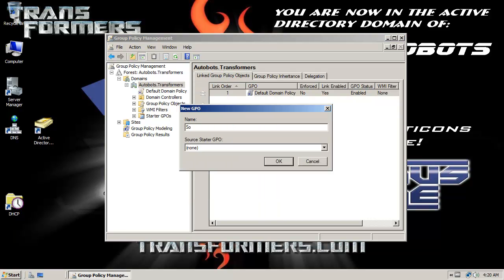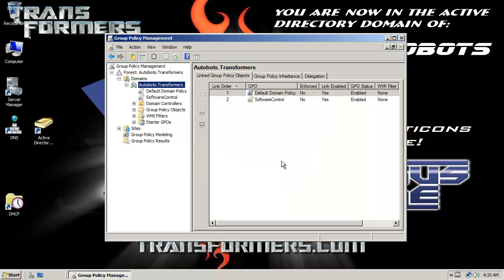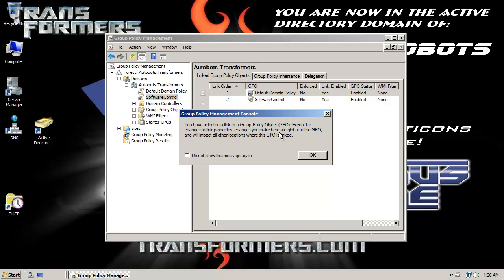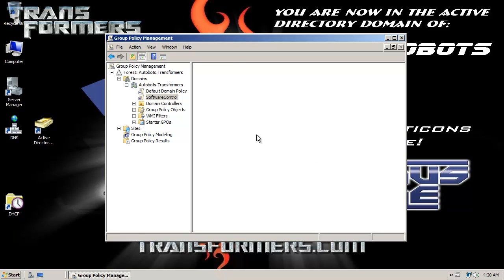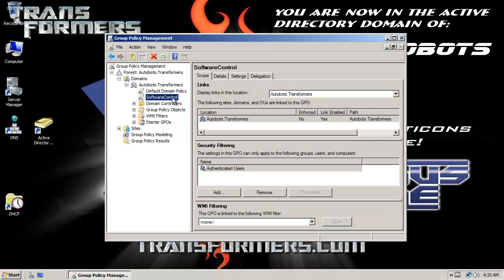So right click, and if I say create a GPO in this domain and link it here, I could call this one software control. Okay, so this is software control. Notice it's warning me: you selected a link to a Group Policy Object, and except for changes to link properties, changes you make here are global to the GPO and will impact all other locations where this GPO is linked. Okay, we know that. So now if I right click and edit,